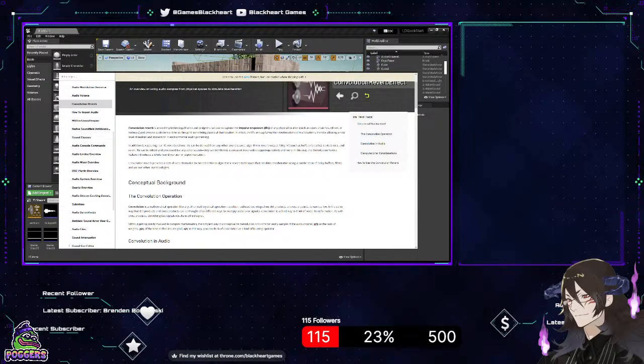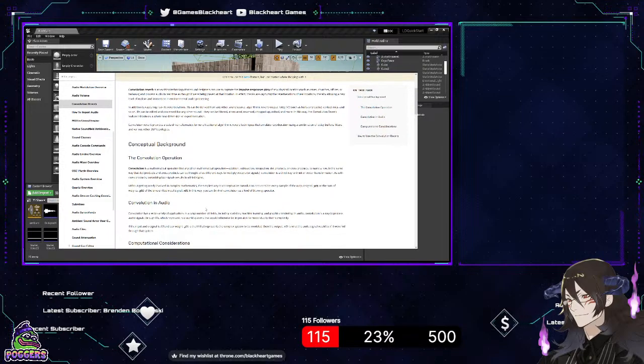Convolution reverb provides a data-driven alternative to more traditional algorithmic reverb techniques that simulate reverberation using a combination of delay buffers, filters, and various other DSP topologies. And there's wording there that I'm not very familiar with. So,